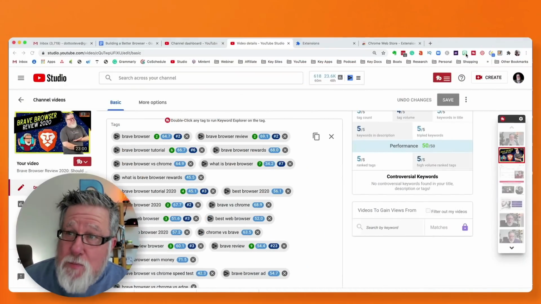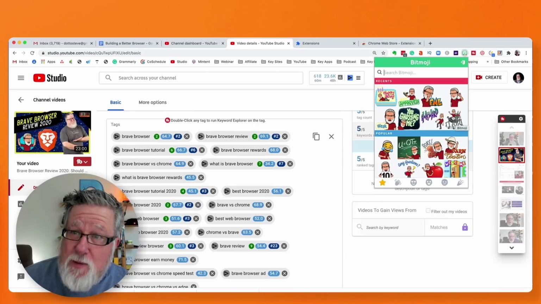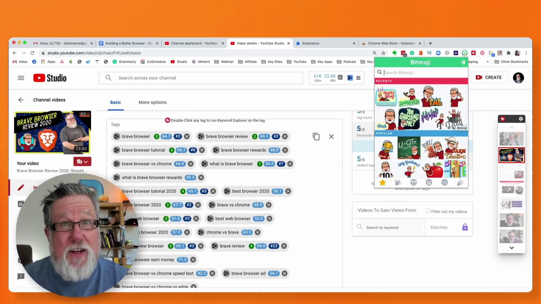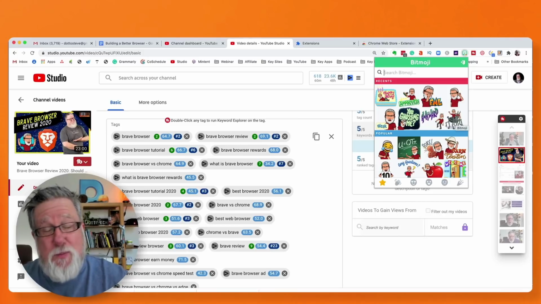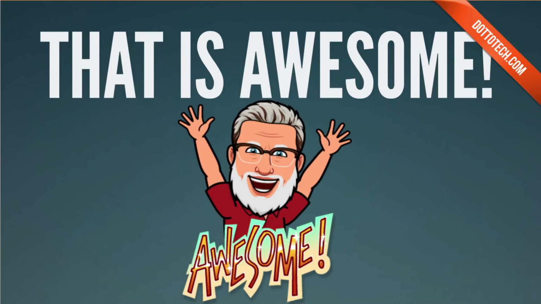Now, if you're not a YouTube content creator, these particular extensions will do you no good, but LastPass is probably useful to you. Grammarly is probably useful to you. You might even decide to have fun and install something like the Bitmoji extension, which allows you to access your Bitmoji account so you can put funny little graphics in if you're posting comments on Facebook, etc. You get the idea. Basically, browser extensions extend the capability of your browser. Now, that's the basic story on browser extensions.